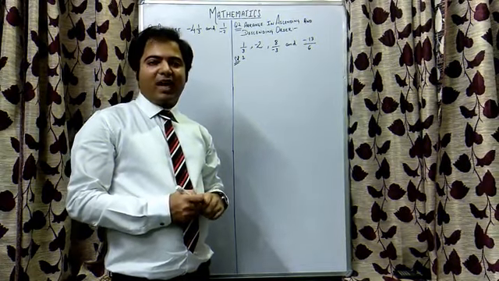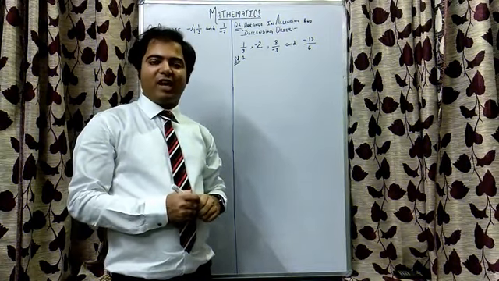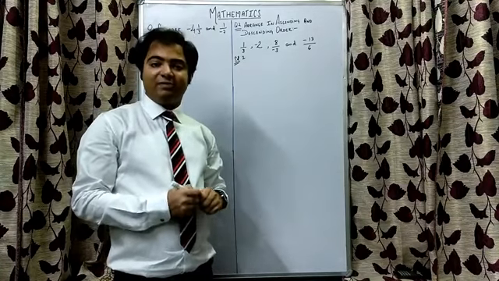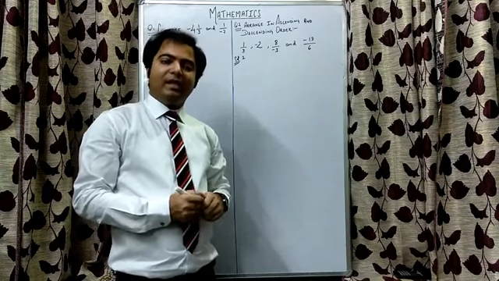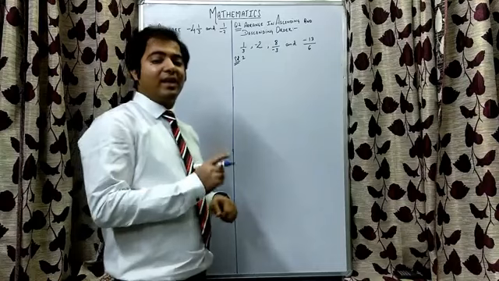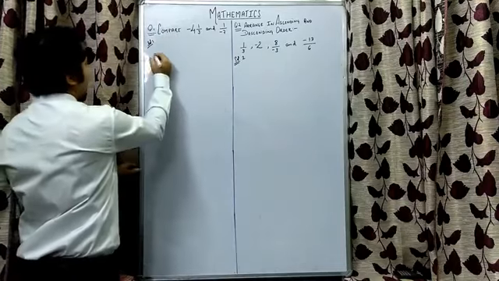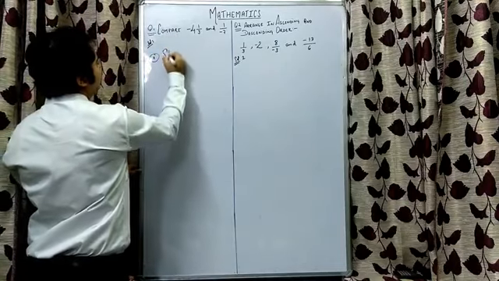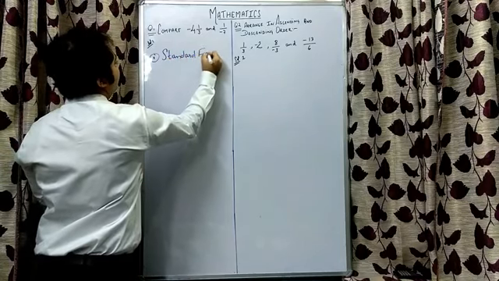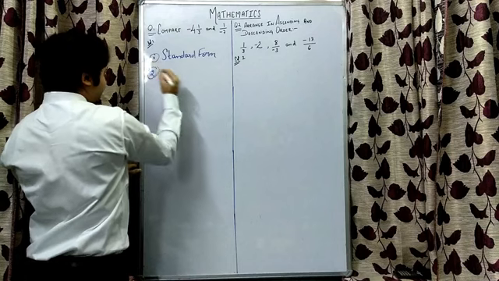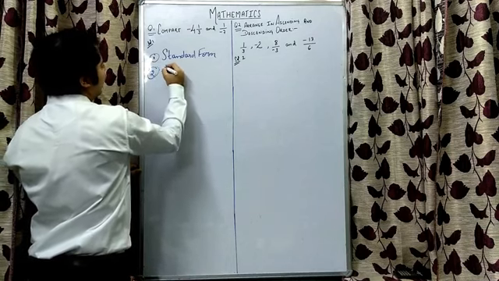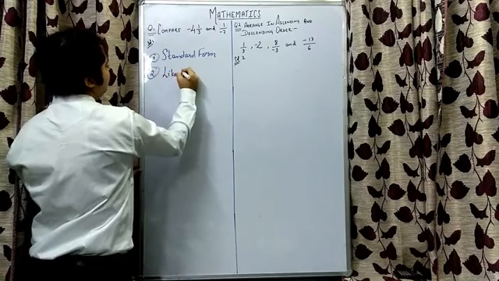The next topic that we'll be covering is comparison of rational numbers. It is similar to the comparison of integers that we have studied in our previous chapter. The basic difference is that we need to pay attention to three things. First thing, our rational numbers should be in standard form. Second thing, our rational numbers should be like rational numbers.